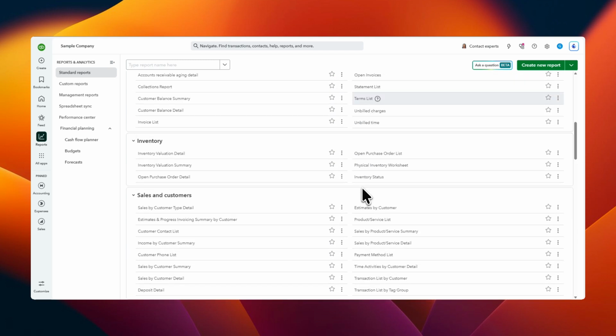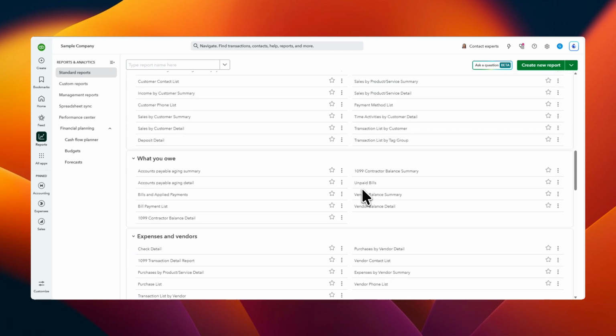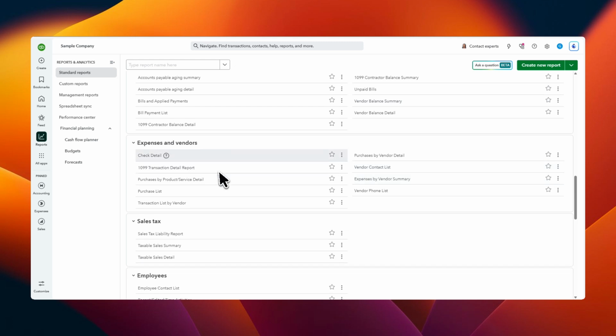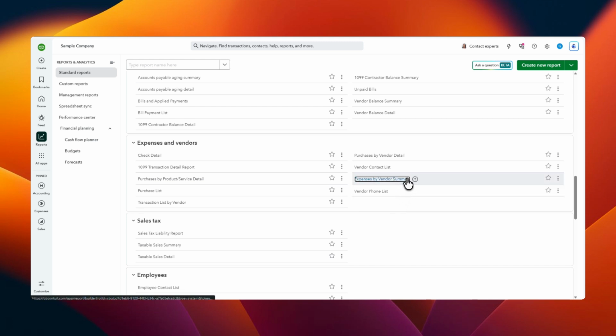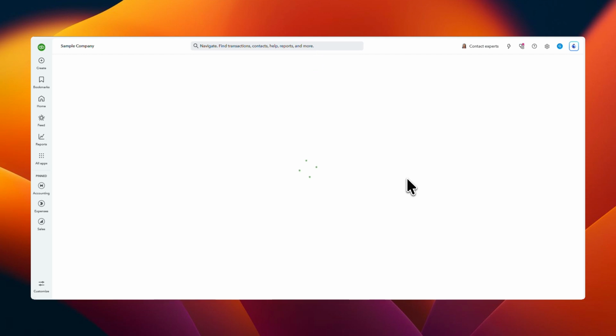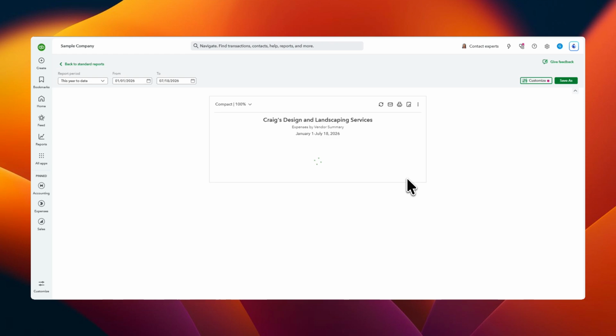This category focuses on spending-related reports, so it's the right place to go when you want to review purchases, payments, and vendor totals. In that section, select the Expense by Vendor Summary report. This report gives you a summarized view of how much has been spent with each vendor, which can be especially helpful if you're trying to spot trends, compare suppliers, or verify where most of your outgoing money has gone over